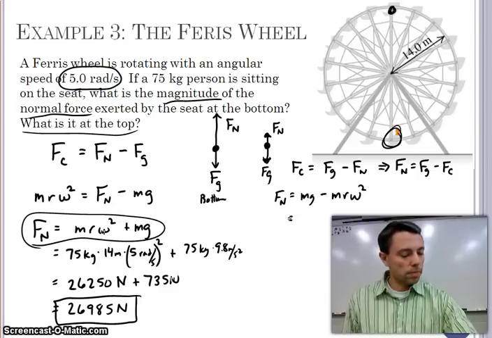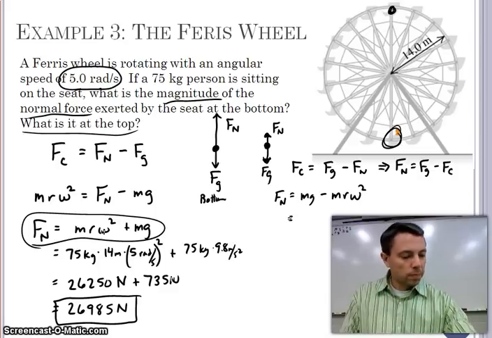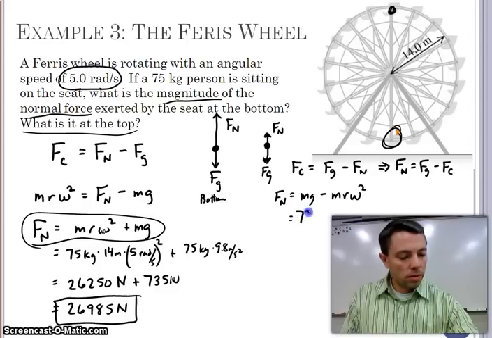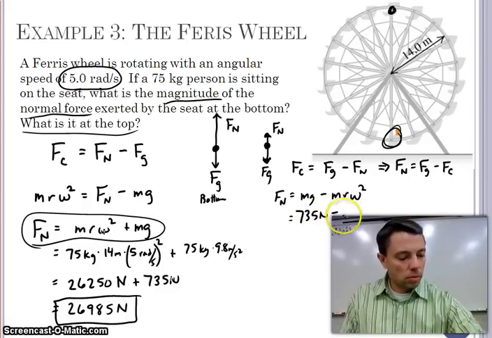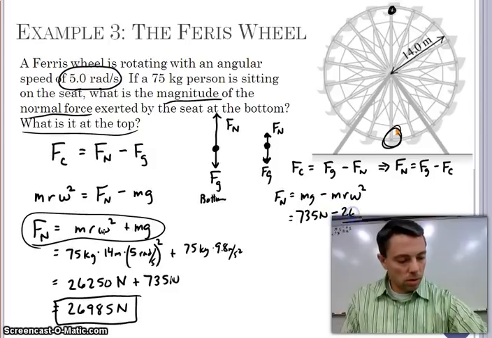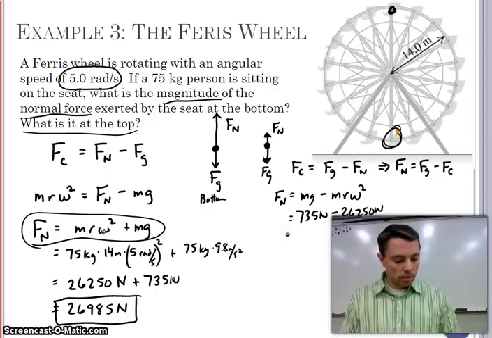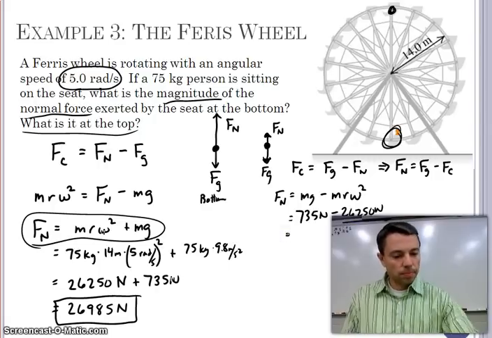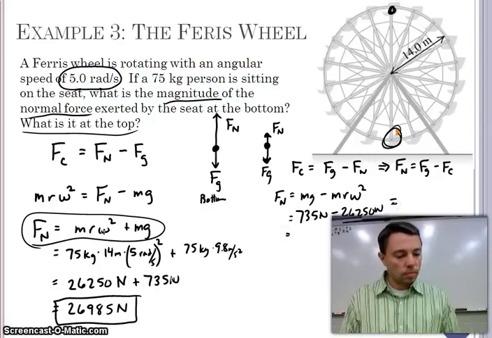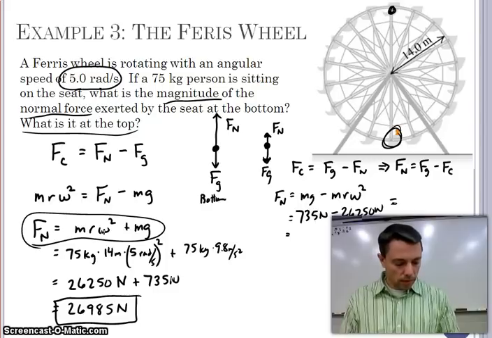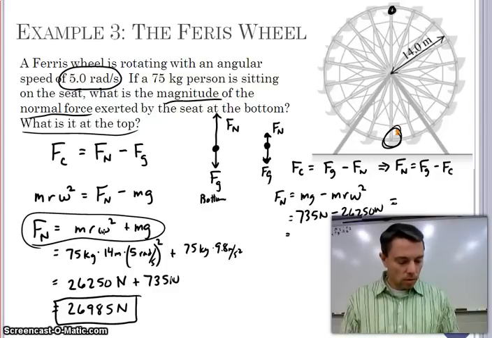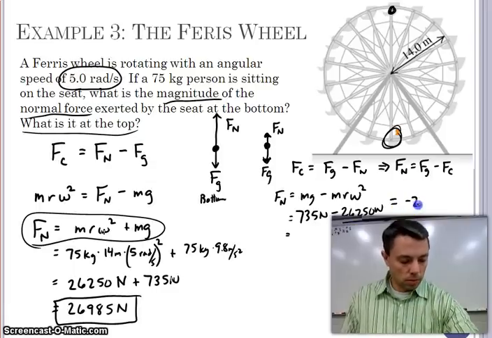And I'm going to then get my 735 newtons minus my 2,6250 newtons. And I think I'm writing on myself here. And then try this. 735 minus 2,6250, and I get a negative